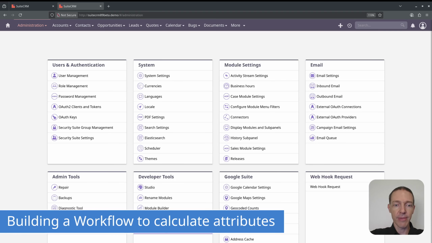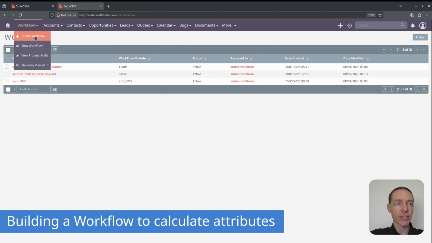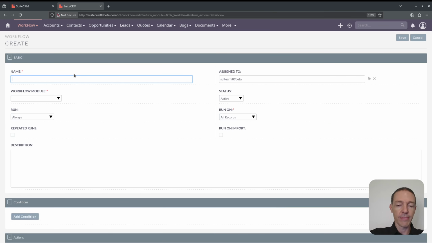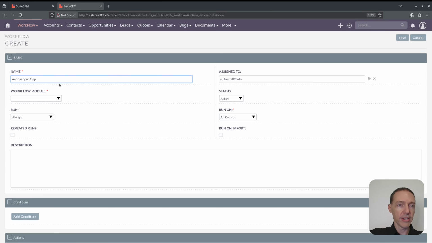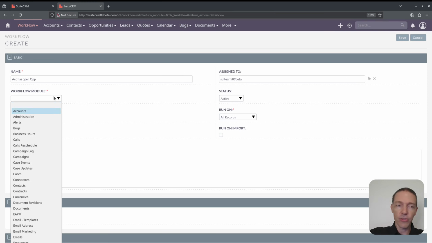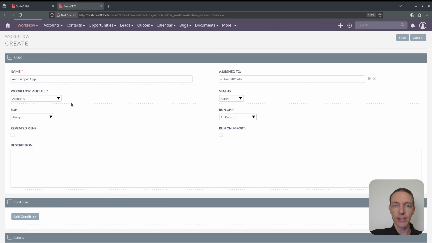I go to the admin and create a workflow, and I would call it account has open opportunities. And then I do this for the accounts. And you should do repeated runs, because this needs to be checked frequently. And then on all records, that's fine. So in a word here, you can run it in the scheduler. You should be running it in the scheduler because